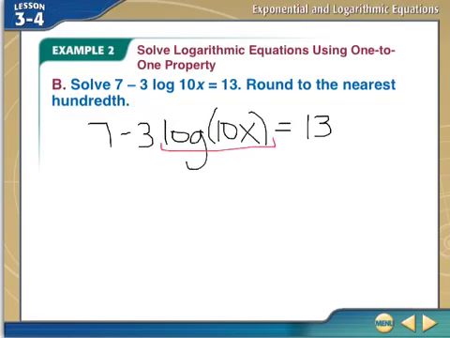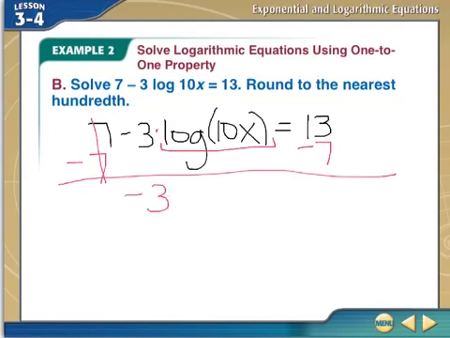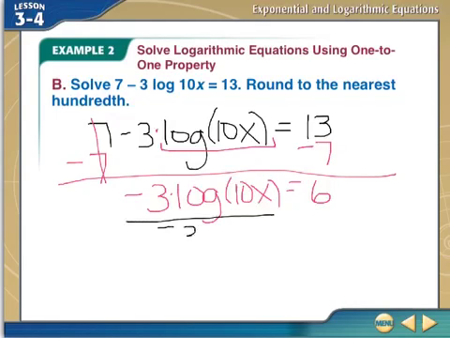So the first step here is I'm multiplying by -3 in front of that logarithm. So before I get rid of that -3 in front of the logarithm, I am going to subtract 7 from both sides to start getting the logarithm by itself. Here I get -3 times log of 10x equals 6. Now I can eliminate the -3 out in front of my logarithm, so I'm going to divide both sides by -3. That gives me log of 10x